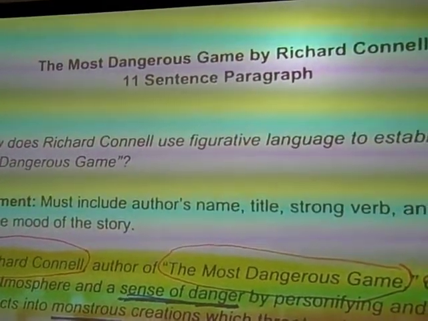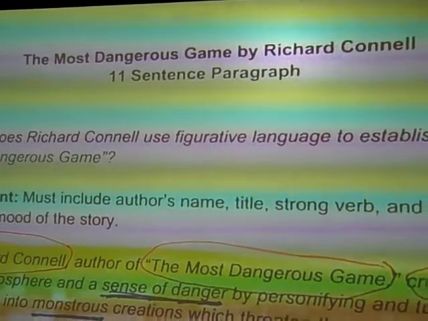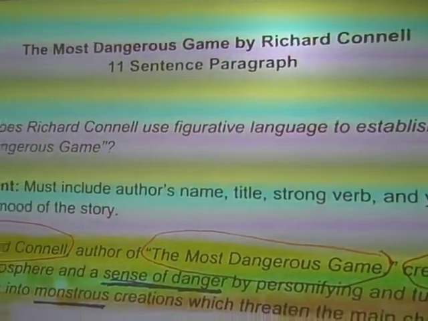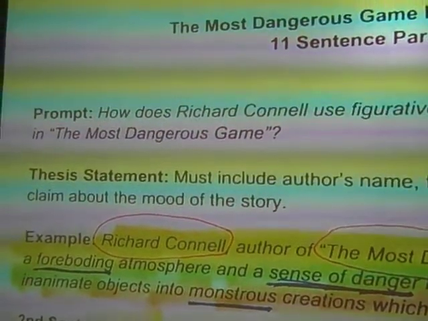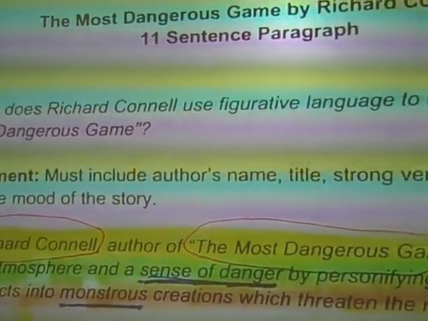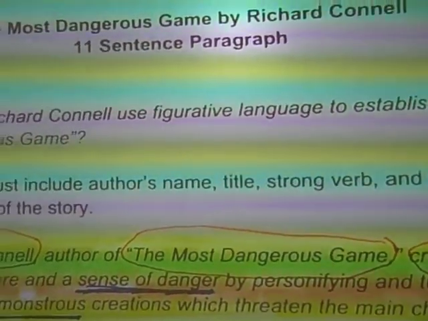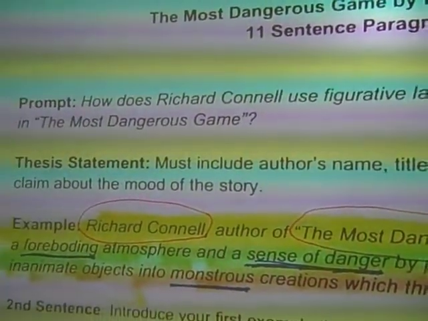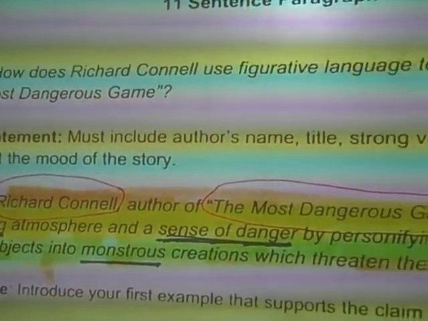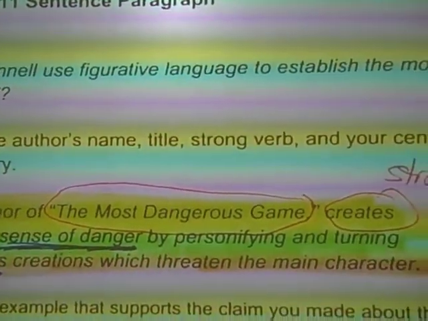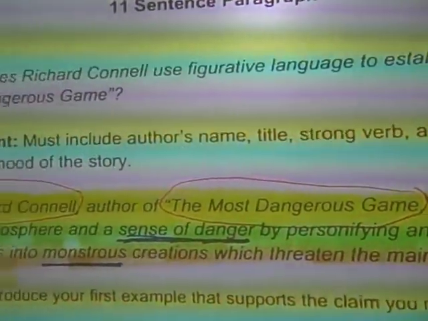Okay, I'm going to go back over what we did in class today, and we're writing about The Most Dangerous Game. You guys are writing an 11-sentence paragraph essay. The prompt is, how does Richard Connell use figurative language to establish the mood in The Most Dangerous Game? Your thesis statement must have the author's name, a title, a strong verb, and your central claim about the mood